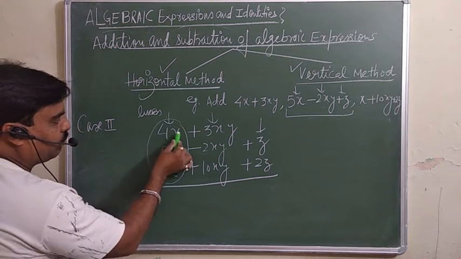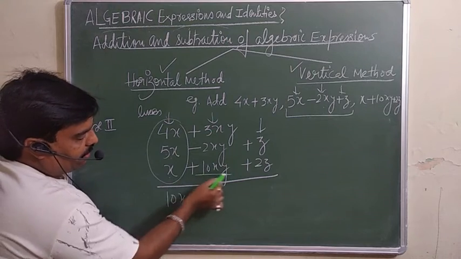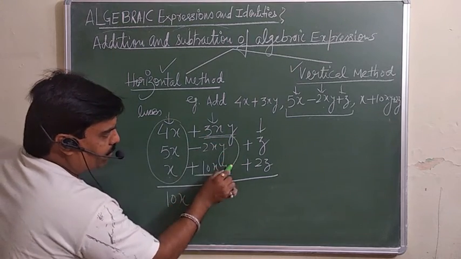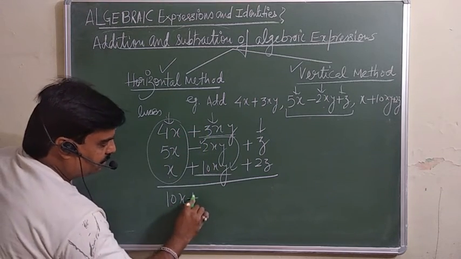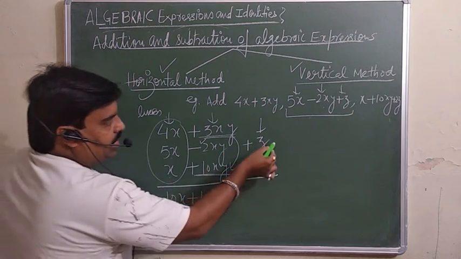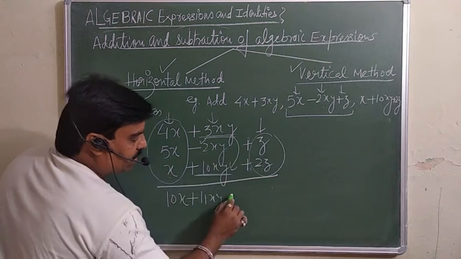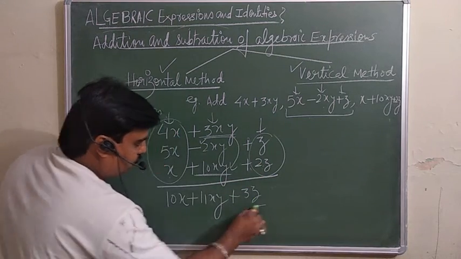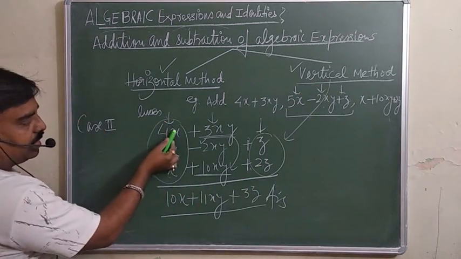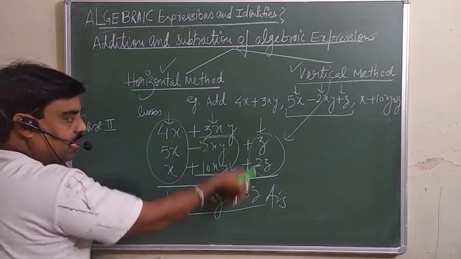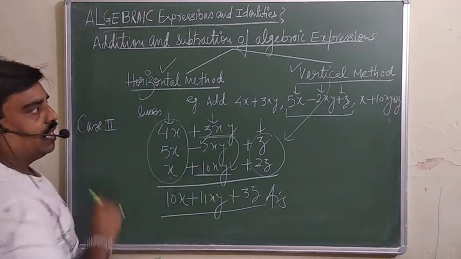ये हमेशा ध्यान रखिए. This is 4x 5 and this is, so you will get the 10x. Here is the plus 10y and plus 3y. These two will be added and subtract 2. So 10 plus 3 13 minus 2, so that is 11xy. Here is the 1z and 2z along with the sign. Same sign is there, so we will add 2z plus z is that is 3z, and this is your answer. So this is your vertical method, you can say. In a vertical method, you have to write all the like terms under the like terms, then according to their plus and minus sign you must add and subtract is there only. Have a look.